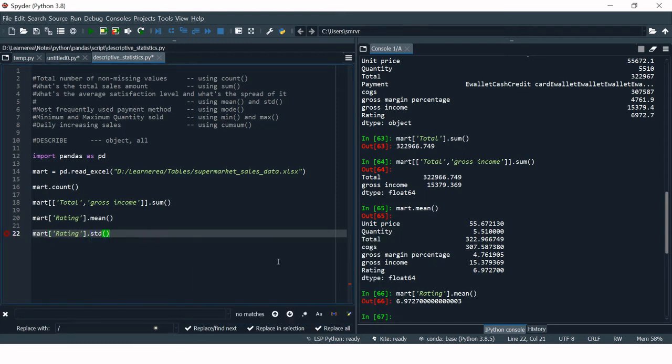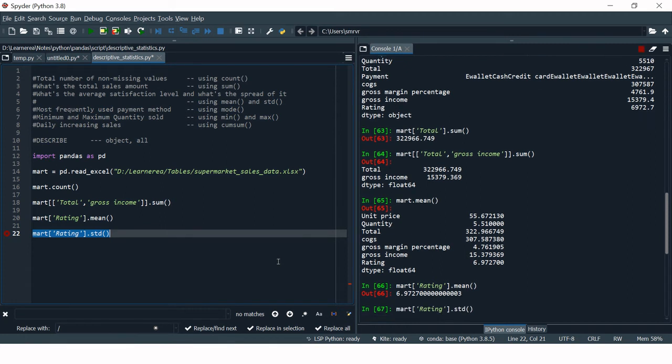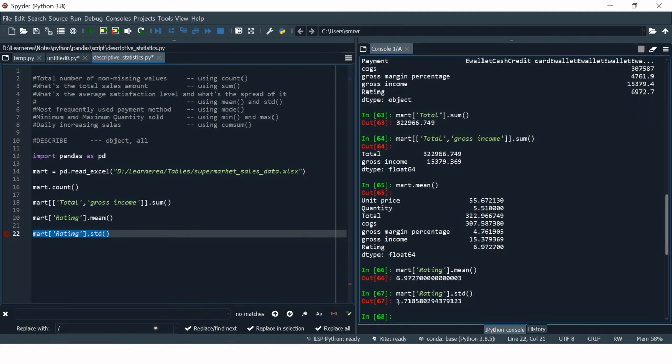We can find the standard deviation for that, and look, it's not a huge spread. So in total we can say that the mean which we got is very near to the exact information because the spread is just 1.7, right? So on average, customers are giving a rating somewhere between 5 and maybe 8. Between that, the average rating exists.